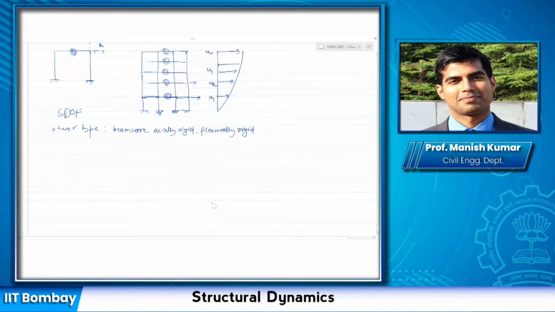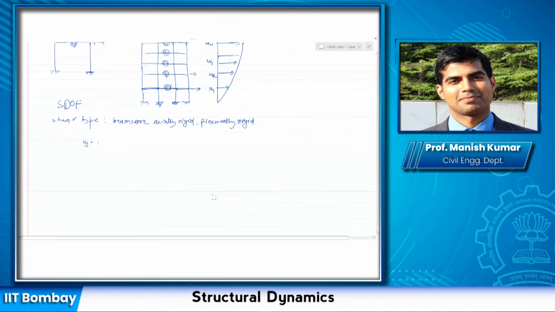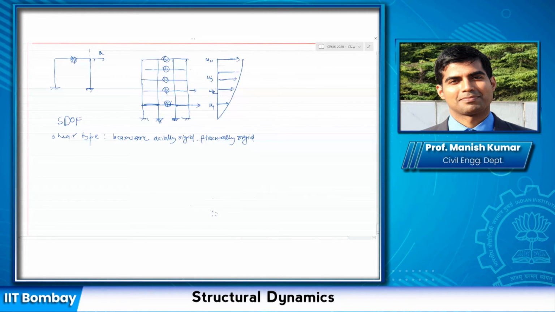Now what happens is that the deflections at different levels are not a continuous function but a discrete function. And then what do we do for this multi-story building? We represent, at any level, let us say uj, as phi j times z. So remember, from the continuous system, my u of x and t used to be written as phi of x times z of t, and this was a continuous function.